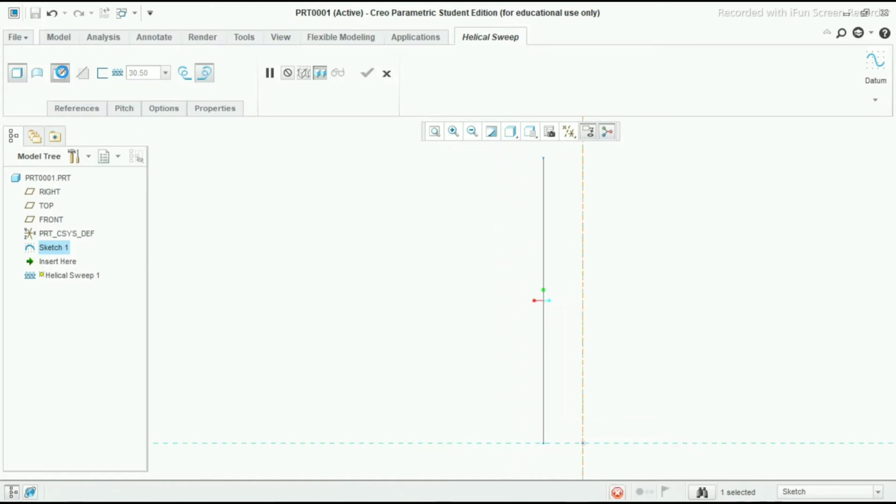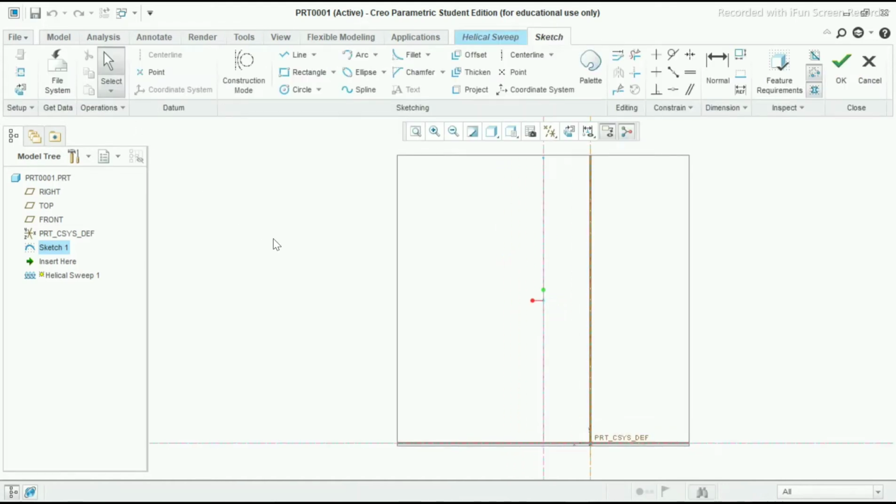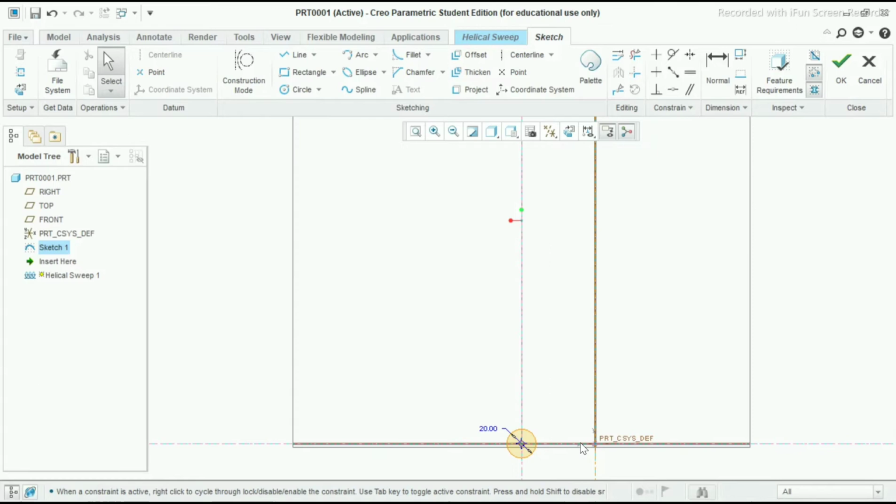Select this icon and here choose the circle and select this line only that we have created earlier. Press double click mouse button and here make diameter as 20 mm. OK. Now simply go on OK.